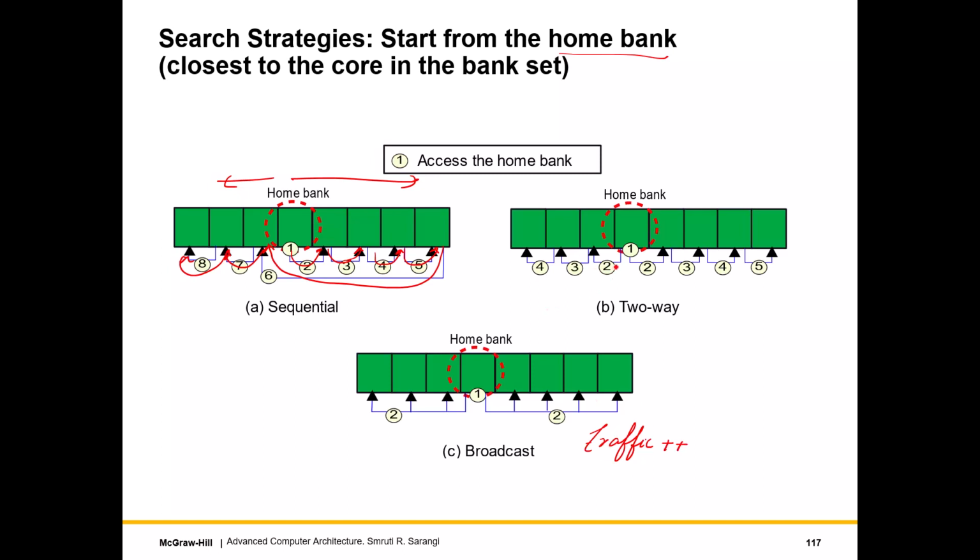So what has been found to be reasonably good in practice is the two-way approach, where we send two parallel probes on both sides, after checking the home bank. So what we do is we check one block to the left, one block to the right. Then again 2 blocks to the left, as you can see, time step 3 here, time step 3 here, right, 1 over here, 1 over here, so on and so forth. So this is the two-way access scheme, which is kind of conceptually somewhere between sequential and broadcast, and it does